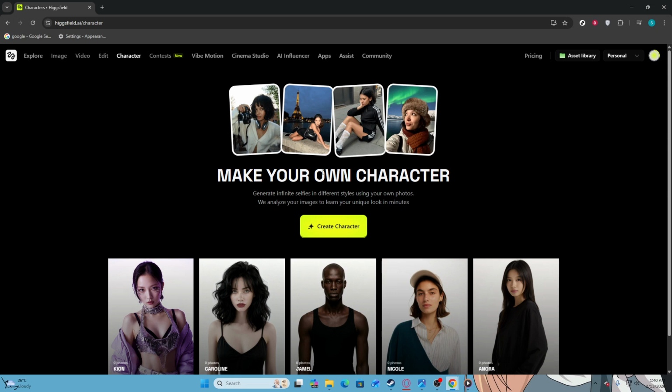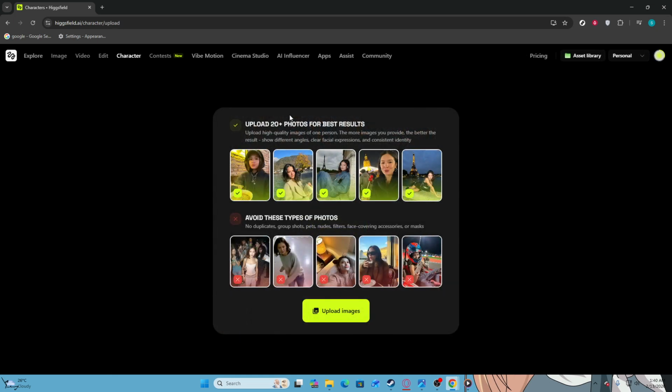Now, click on the option that allows you to generate infinite selfies in different styles using your own photos. This feature is designed to create diverse representations of your character, enhancing the overall creative potential. Following this, click on the Create Character button. This action will take you to the next stage where you can upload your images, which is essential for generating